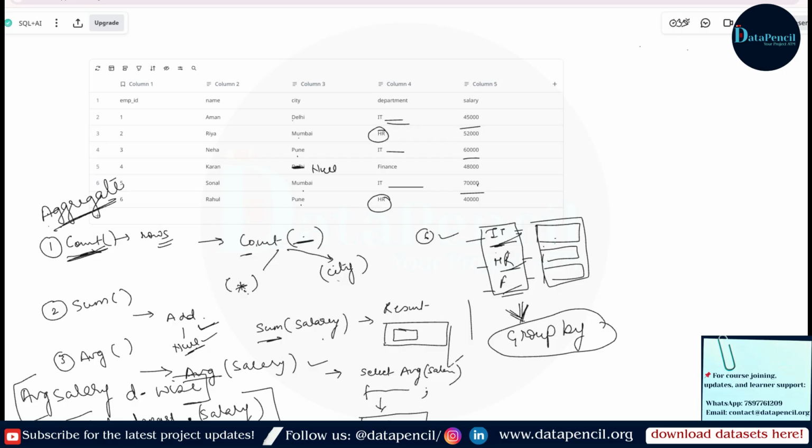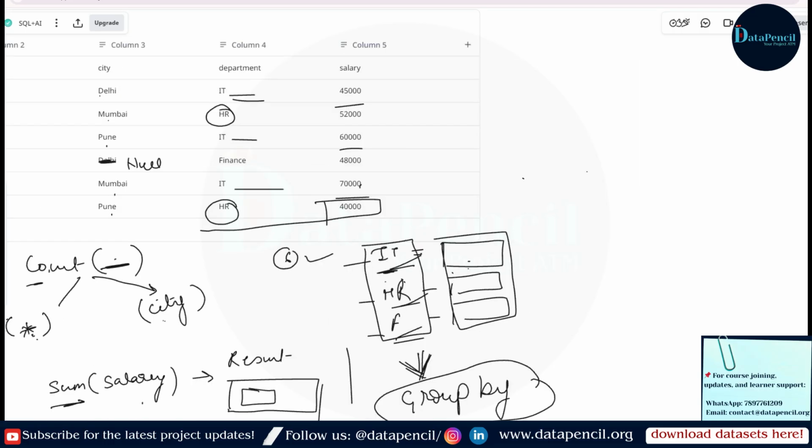If we want to see this average or sum for specific groups, for IT departments only, for HR departments only, or for Delhi city only, then we will use group by.